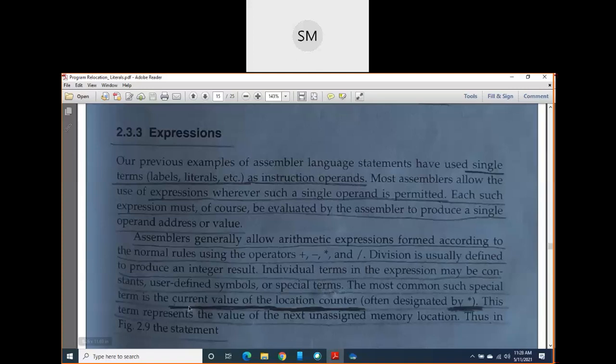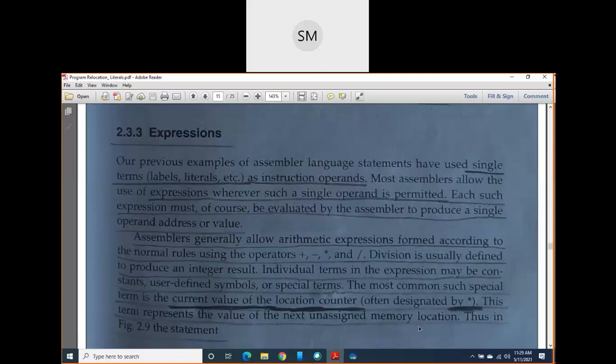The most common special term is the current value of the location counter, and that value is indicated as a star. The location counter is nothing but the location column of your program, which contains the list of addresses. So star also represents an address, the address of the present instruction, that is, the current value of the location counter.